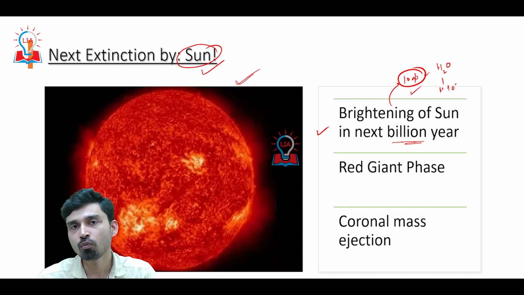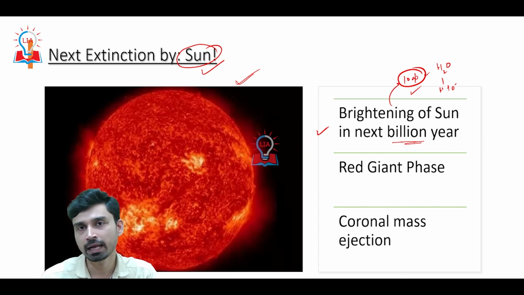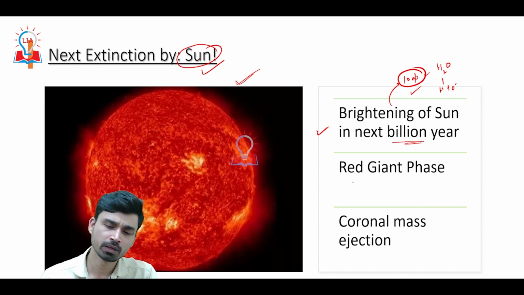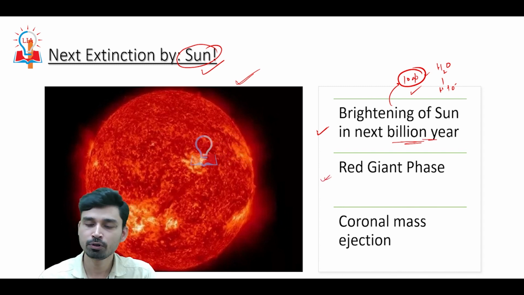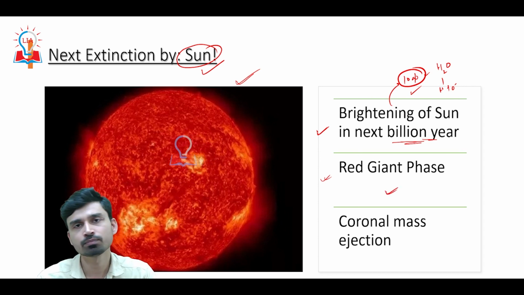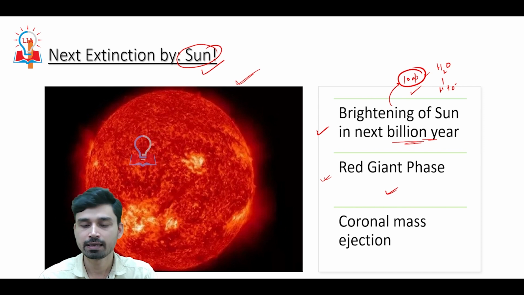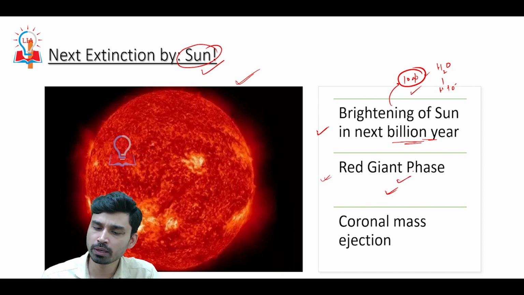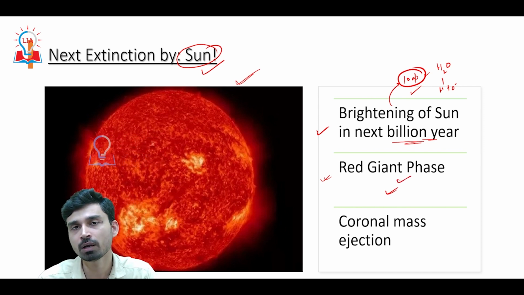And due to the lack of water, obviously many animals and even humans can die out. Another possibility is that even if the brightening of the Sun does not kill us, we know that every star, as the Sun is also a star, keeps on expanding in size. And thus, when the Sun enters the red giant phase a few billion years from now, its size will increase to such an extent that all the nearby planets such as Mercury, Venus, and Earth will be completely engulfed by